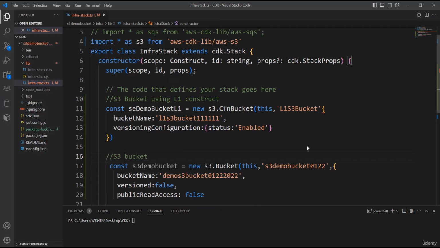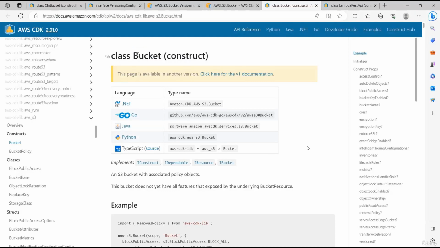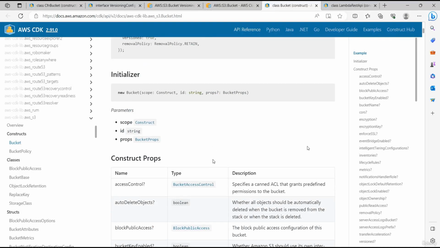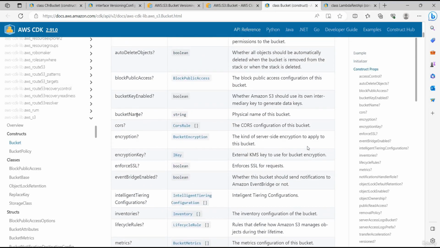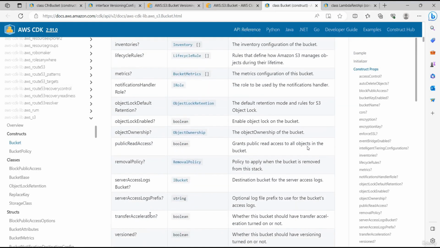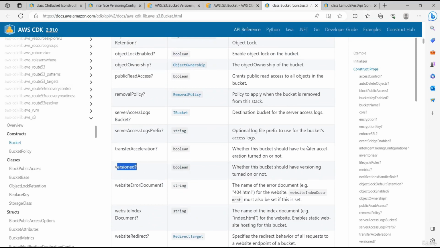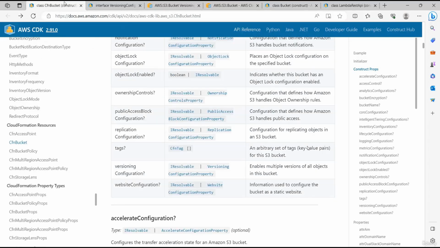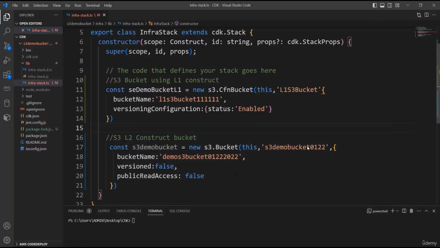Now the S3 bucket that we created in one of the earlier lectures was done using the L2 construct. So let me write that here. If you go back to the documentation, you will see that we are using this L2 construct Bucket. If I look at the attributes, we have the bucket name, which is a string, and then we have the versioned attribute, whether the bucket should have versioning or not. Which is a little different from versioning configuration in the L1 construct. So let me change this bucket name. Maybe we'll just copy this